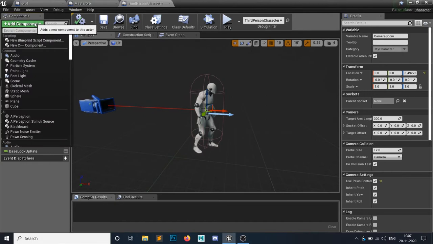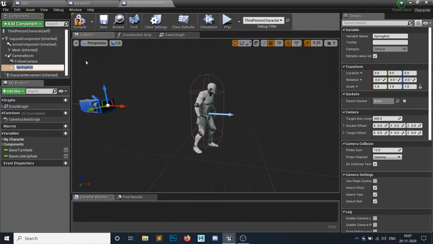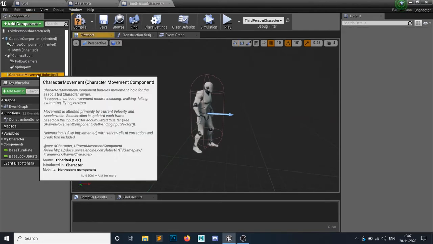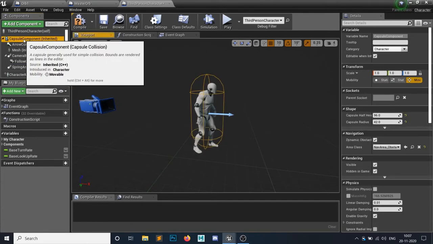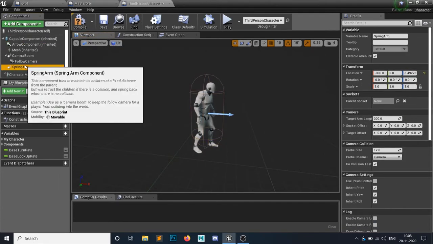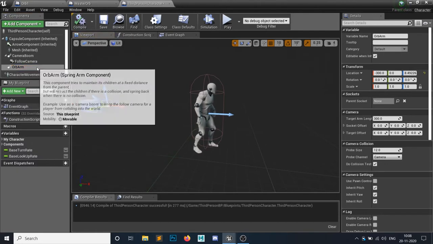I need a new spring arm so that I can attach the orb to the end of it on my player, and then I can do all the things. The spring arm should be in here, the capsule component should be the parent of the spring arm, and let's call it orb arm.